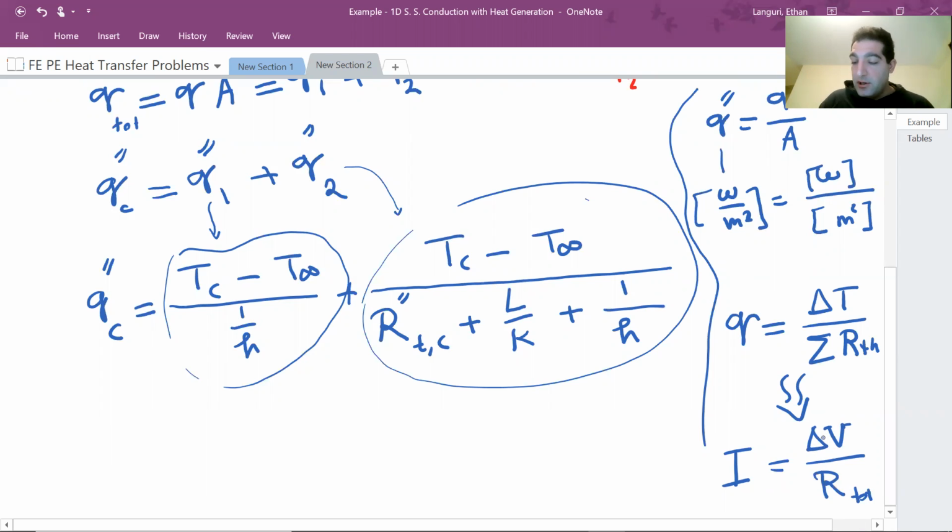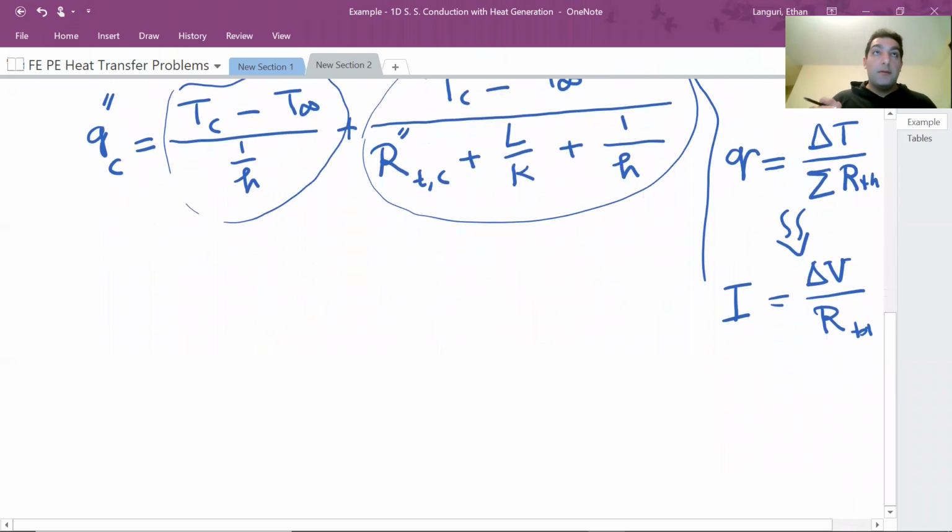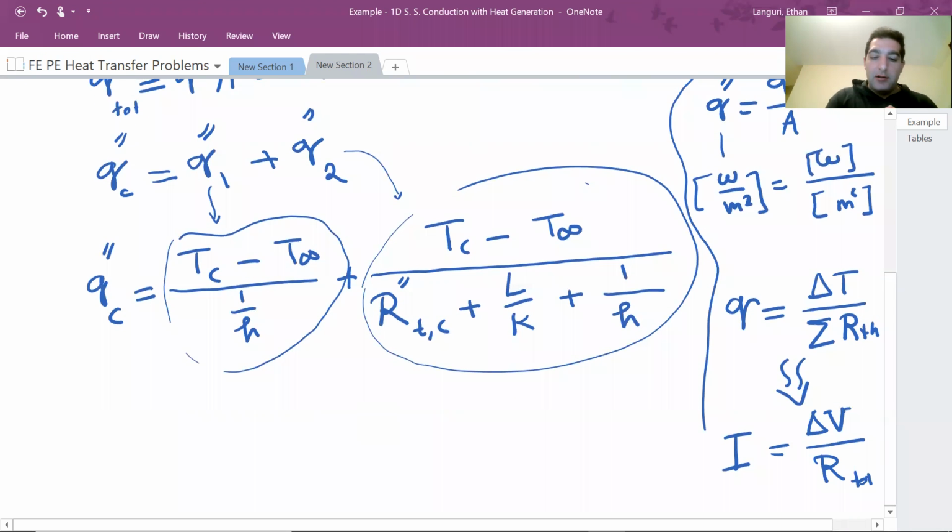So our voltage change is our temperature change in this analogy, and current represents the heat going through. So now we need to find some values such as thermal conductivity, R double prime, and